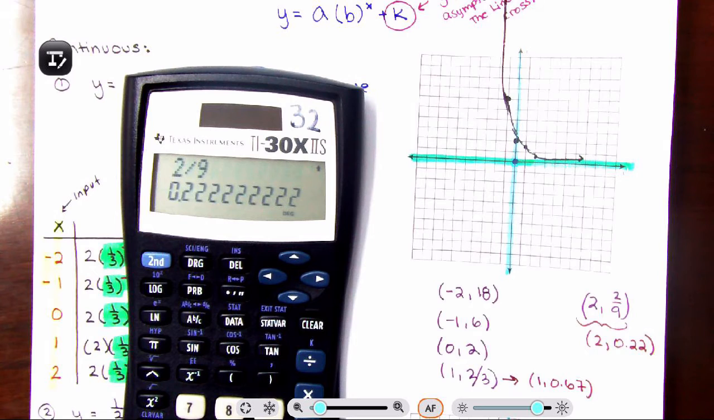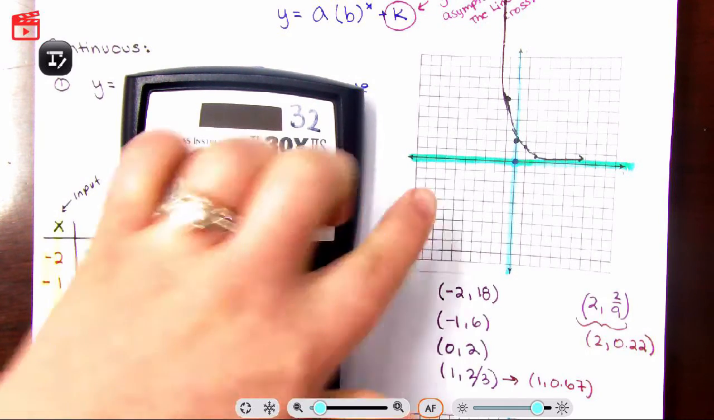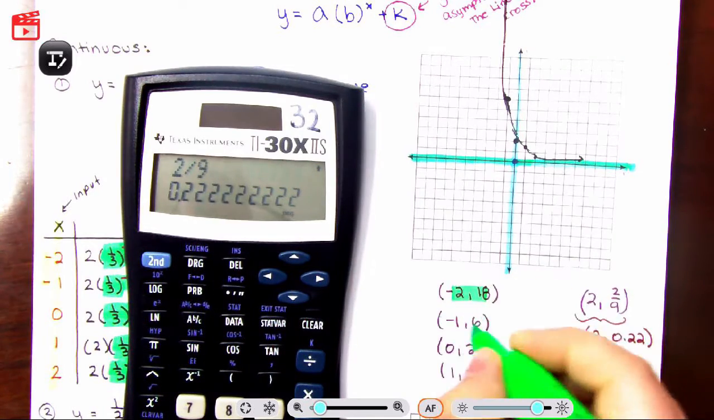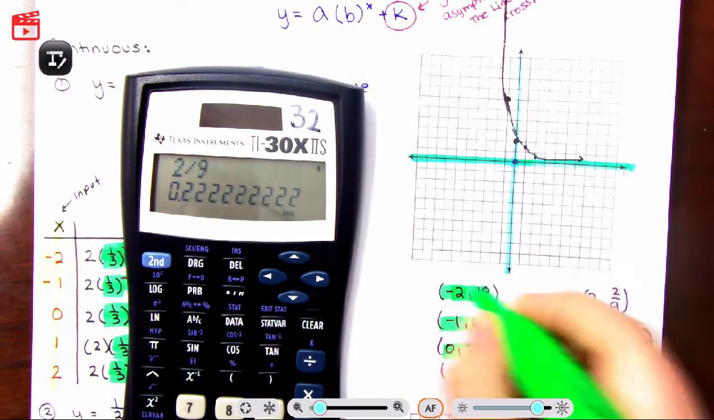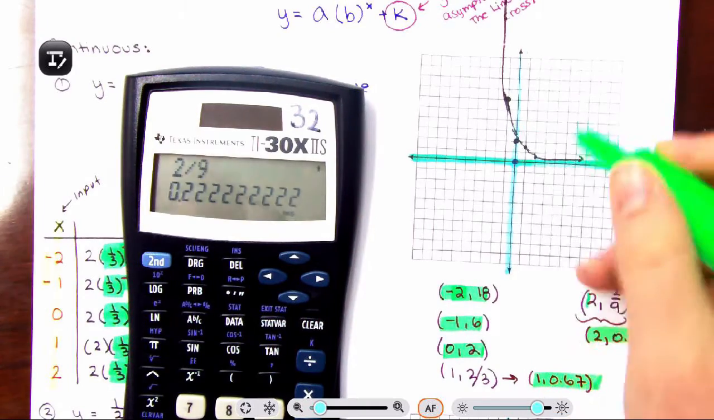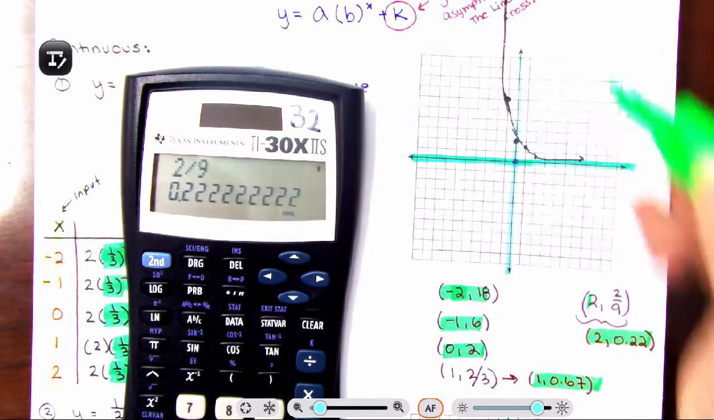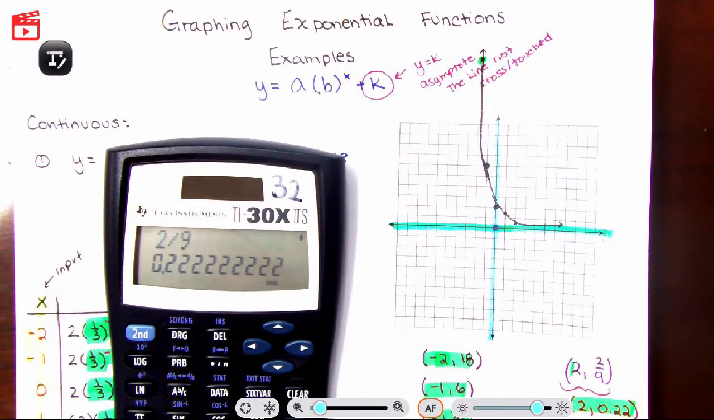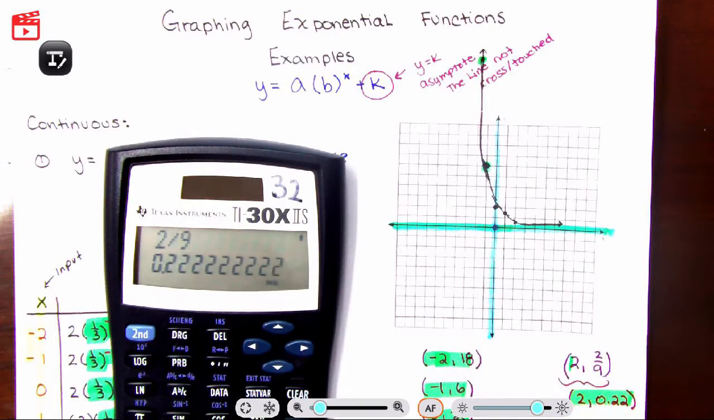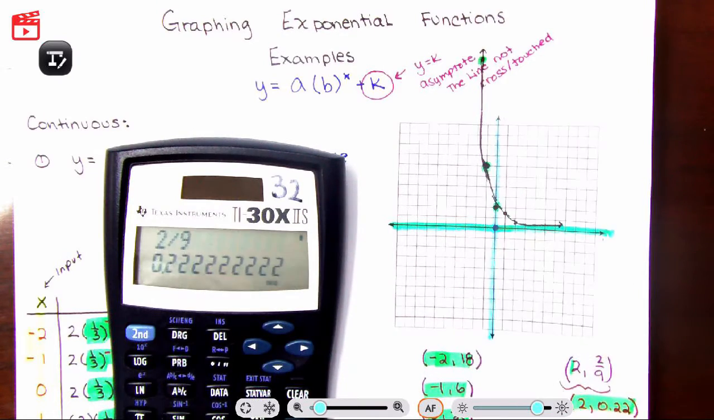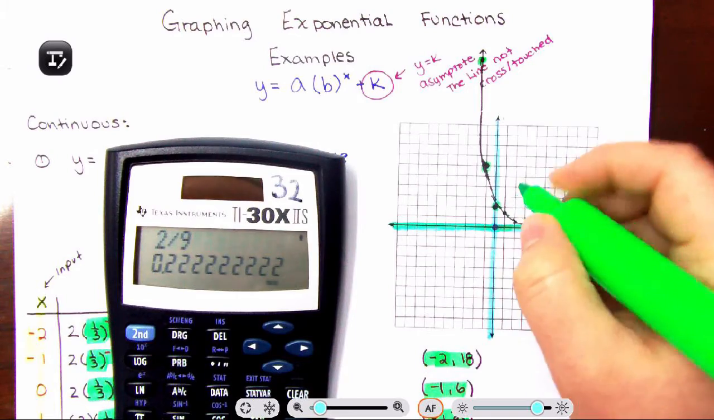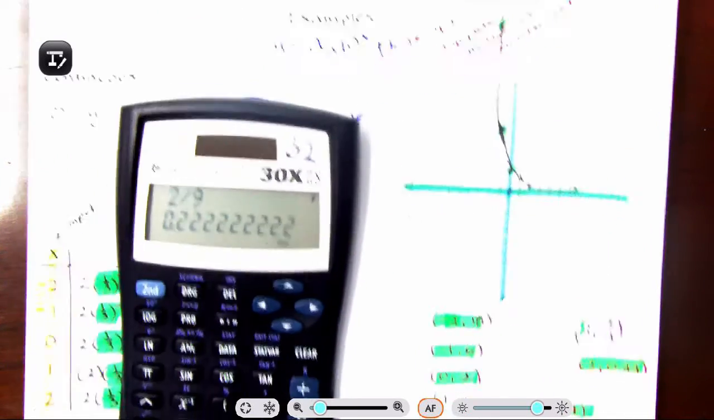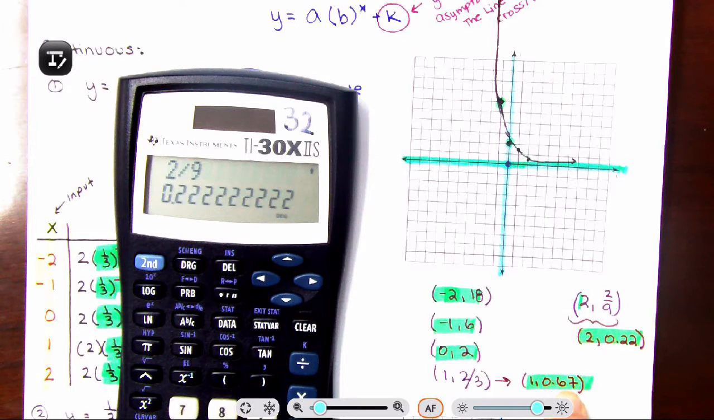I have already done so in the previous part 1. However, the video did cut off, so you do see this already graphed. But what I did is I took each point and I graphed it. So -2, 18 is all the way up there. You can't really see it because it's off the chart, but it's somewhere there. Then we have -1, 6. Then I have 0, 2. Then I have 1, and this is where the decimals help because I know that 0.67 is closer to 1 than